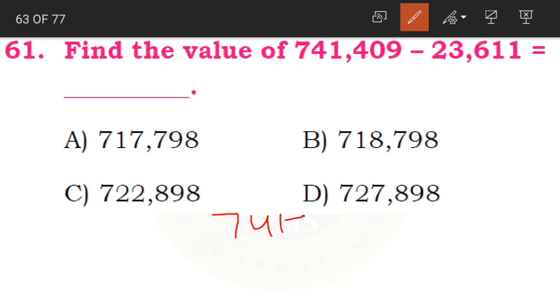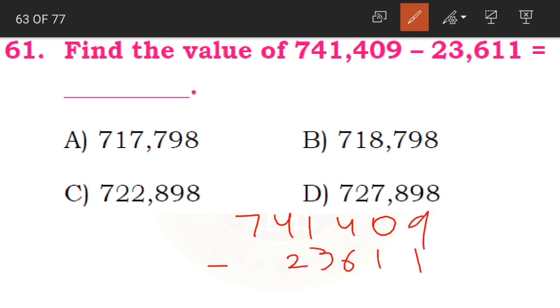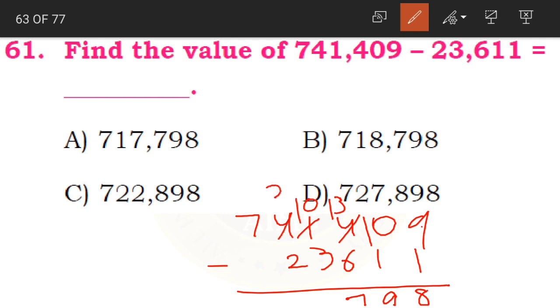We just need to do what? We just need to subtract the given numbers from each other. Now starting with the ones place, 9 minus 1, 8. Here 0 minus 1, 0 becomes 10, 4 becomes 3, 10 minus 1 is 9. Now 3 minus 1 is not possible, so 3 becomes 13. 13 minus 6 is how much children? 7. Yes, now 0 minus 3 is again not possible, so we need to borrow. 0 becomes 10. 10 minus 3, 7. 3 minus 2, 1 and 7. What is the final answer?